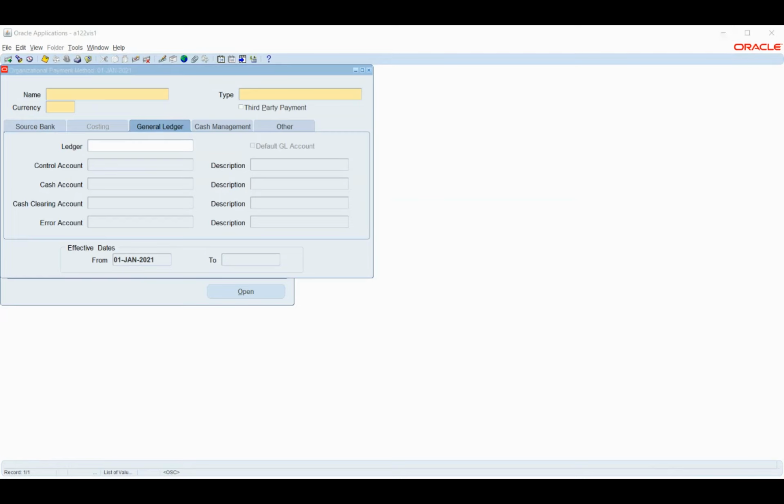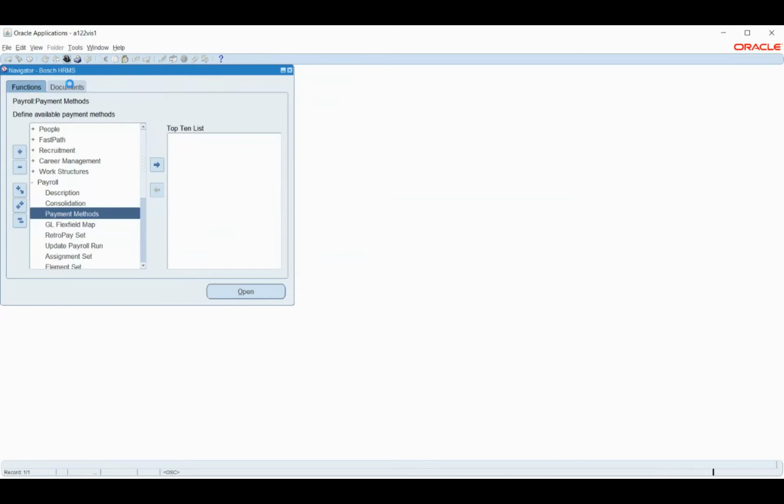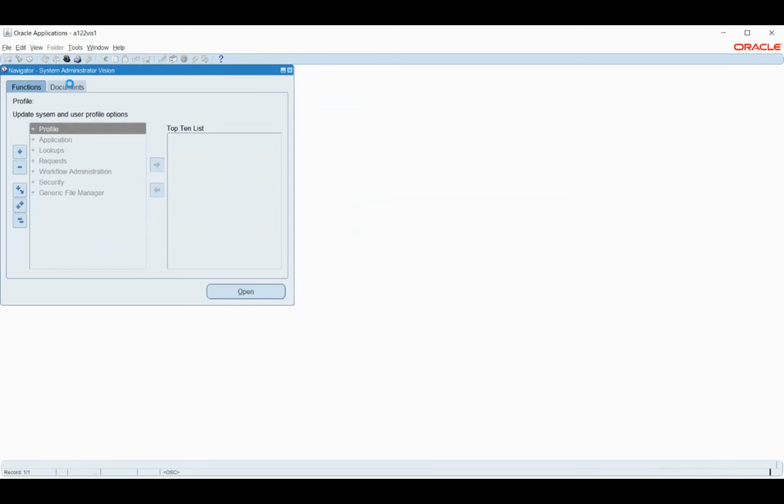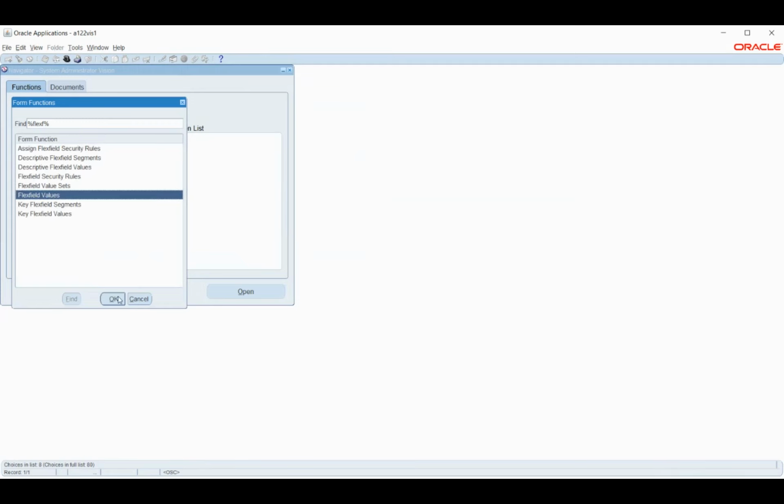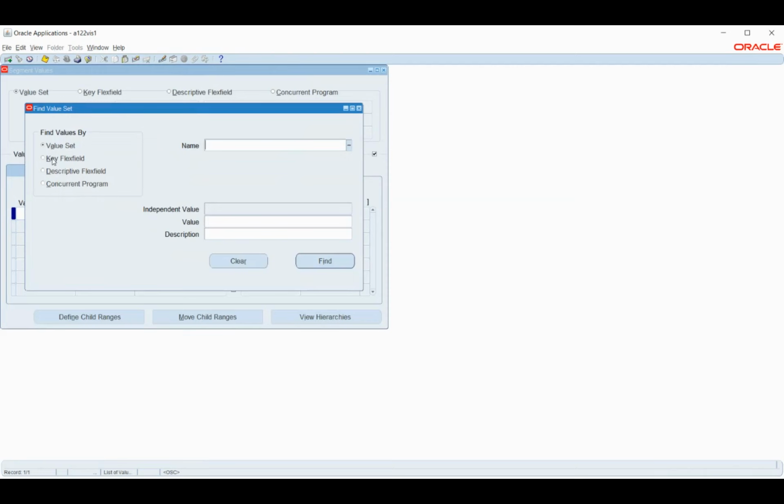So I'll navigate back to the system administrator to add values. I'll just give Control L and let me add a few values to my flex field. This is the accounting flex field that I'm trying to give.